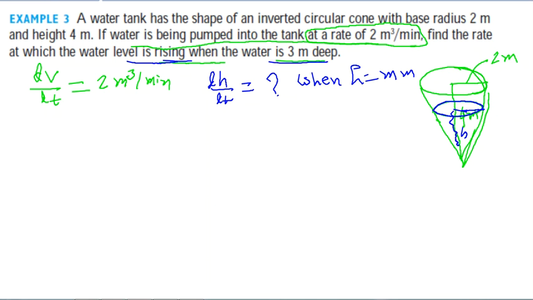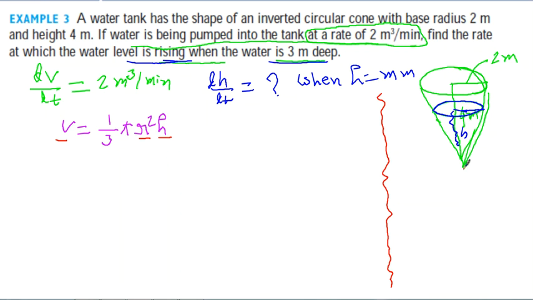Again, if you have already studied the 10th grade mensuration problem, you know many things. First, you know volume can be represented with the help of 1/3 πr²h. But the problem is not the same as we have already faced. Here the problem has dV/dt, dr and dh, which means there are two variables given together. So once again, we are supposed to convert these two variables into one variable. So what relationship can we use?